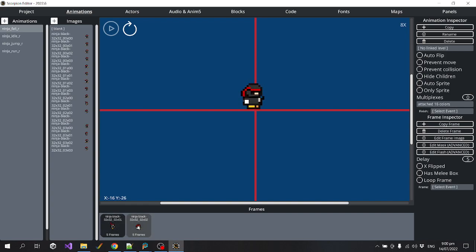Oh, actually, that's probably meant to be the landed animation. Yeah, I guess that frame is meant to show when the ninja is actually landed. So we don't need that one there. We can maybe put that in later. But we've got run, jump, idle, fall. We really just need an attack one. So let's add a